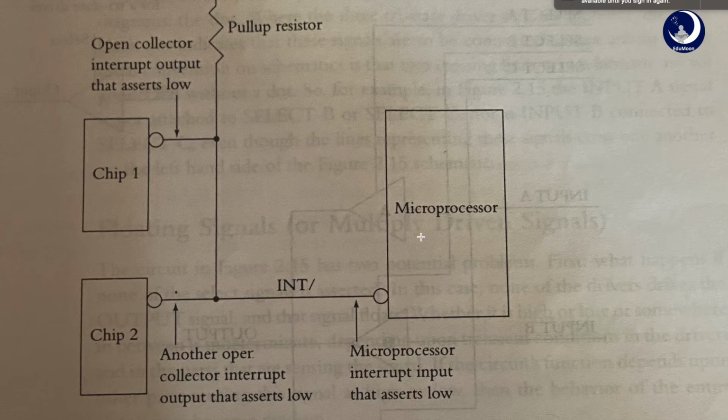Then the microprocessor responds. If neither of the devices wants to signal an interrupt, then the pull-up resistor comes into play, and it generates the signal high. So when this goes high, the microprocessor will understand that the interrupt input is not asserted. Okay, perfect. The pull-up resistor ensures that INT goes high in this situation, when neither of the devices is ready to take up the signal. So that's a very good part of it.